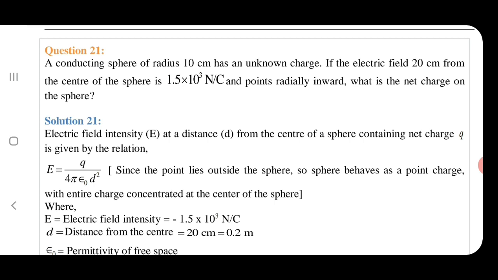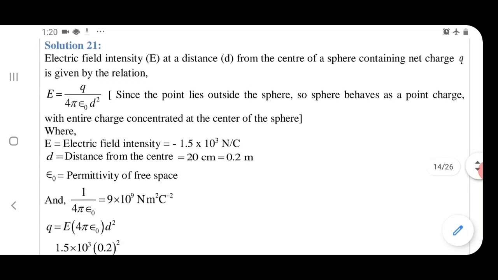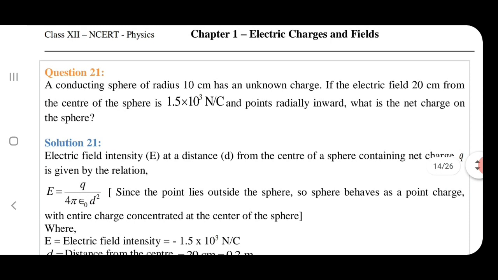So it's given the electric field is pointing radially inward. So it's sure the type of charge is negative. That part we got. Now we have to find how much is that charge. Okay, so how will we get that charge? It's given a sphere. So we can use the equation of a spherical shell. Even if we have not studied the equation of a charged sphere, we can use the equation for a charged spherical shell. So we know outside. Here 10 centimeter is the radius, and we are asked to find the field, meaning the field at 20 centimeter is given.